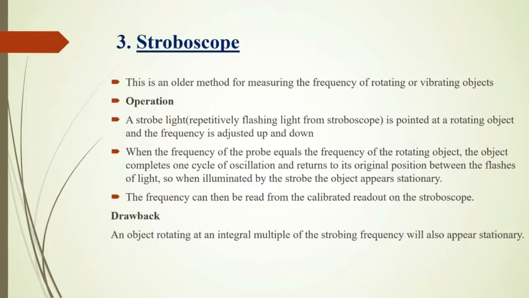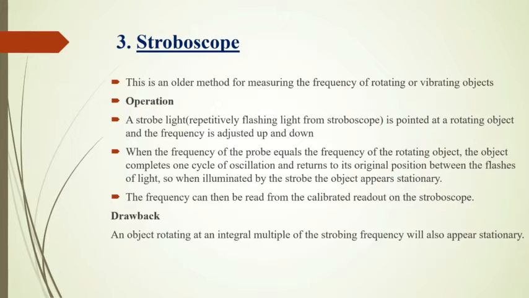Now let me take you through the stroboscope, which is our last instrument, and this is used for measuring the frequency of rotating or vibrating objects. The strobe light is the flashing light from the stroboscope, and this light is pointed to the rotating or vibrating object whose frequency you're going to measure, and the frequency is adjusted up and down using the probe. When the frequency of the probe equals the frequency of the rotating object, the object completes one cycle of oscillation and returns to its original position between the